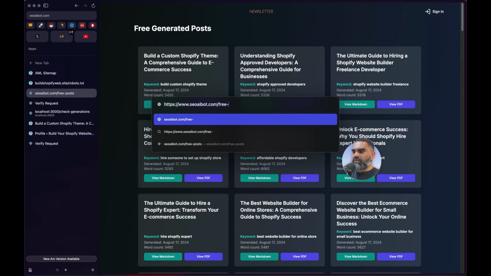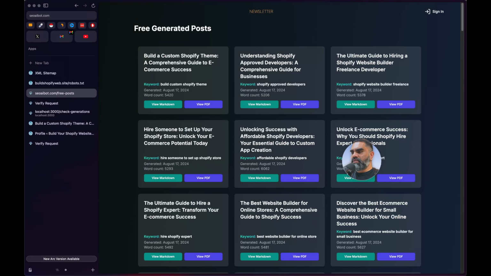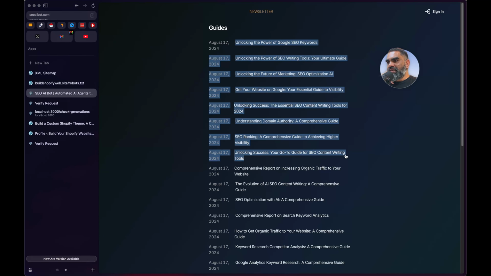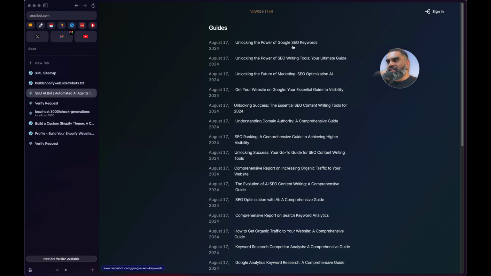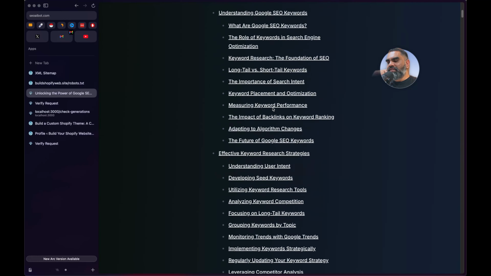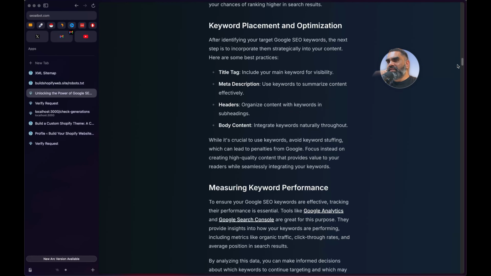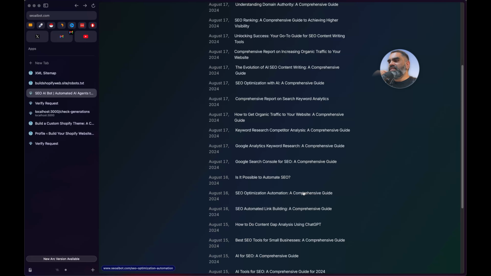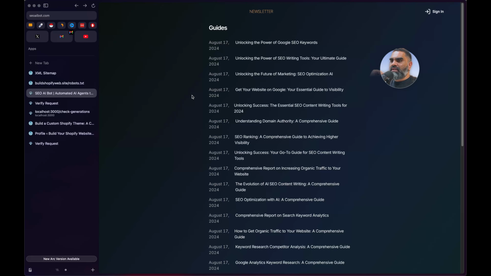SEOAIBot, go to resources. So these are all the things that I submitted today just for this website. Understanding domain authority, unlocking the power of Google SEO keywords. Not bad. I like the structure and everything. So yeah, I did like 16, 17 pages today. And I'll do more when I go to sleep. So check it out,